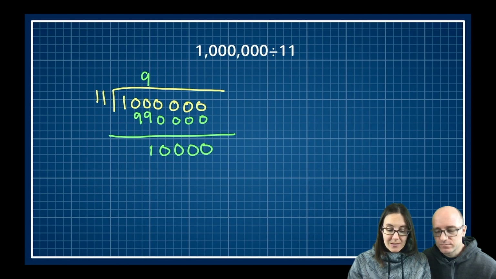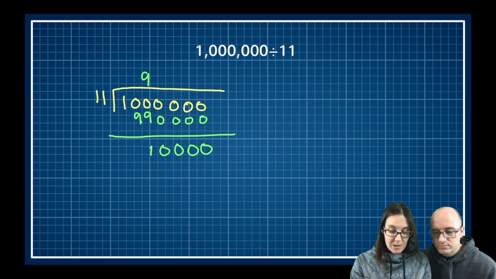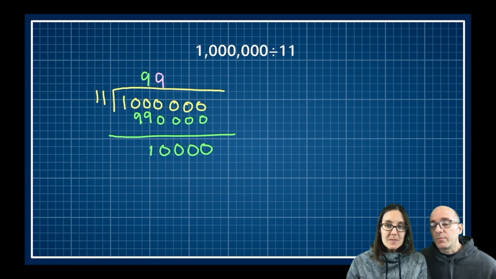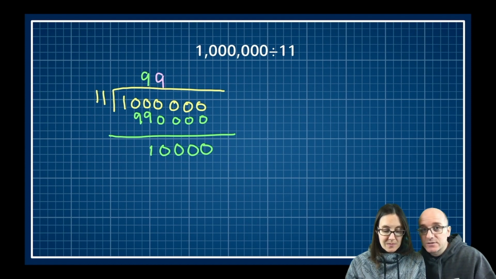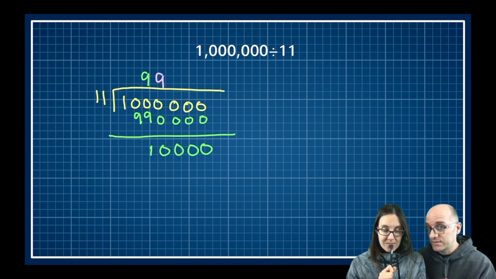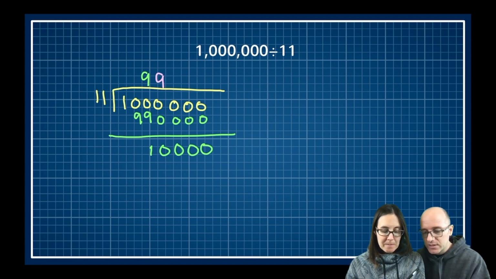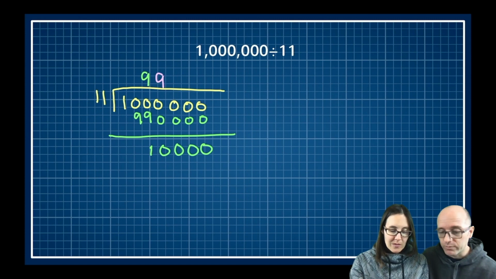And then we're doing essentially the same problem again and again. It doesn't go into 1, doesn't go into 10. It goes into 100 how many times? 9 times. So I write my 9 up here. Be careful. You have to do this one of 2 ways. 11 goes into 10 0 times, so you need to put a 0 here. Or I liked what you had done. You were lining things up neatly. 11 goes into the 100, but then that 9 would need to be over 1 digit. So 0 and then 9 right here.